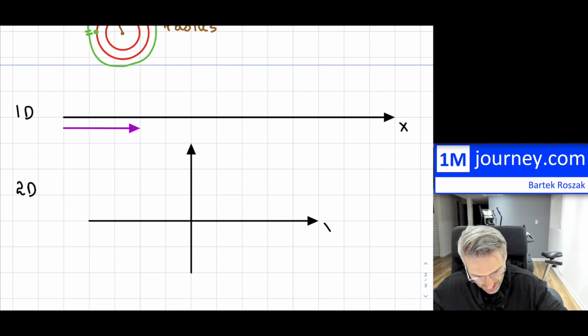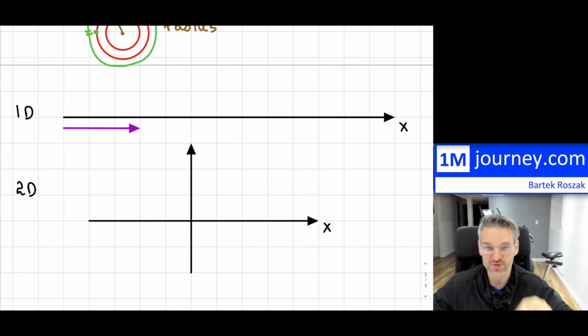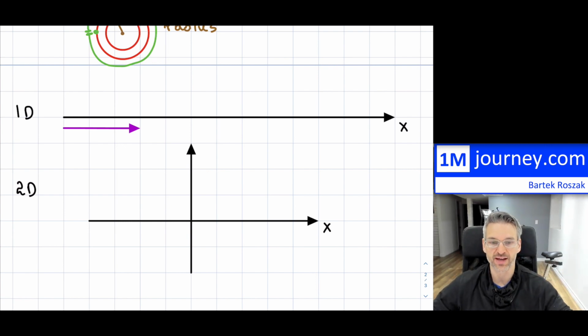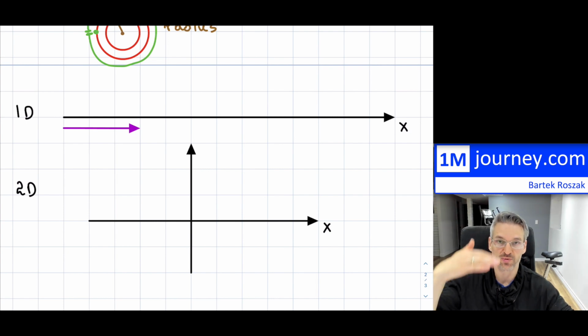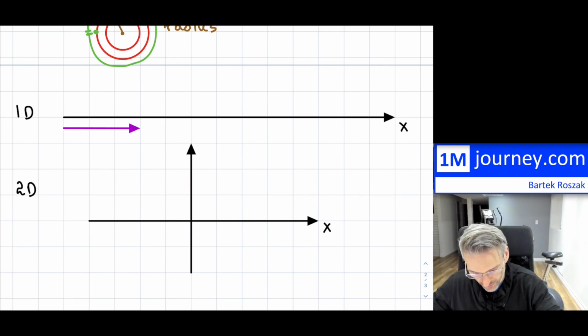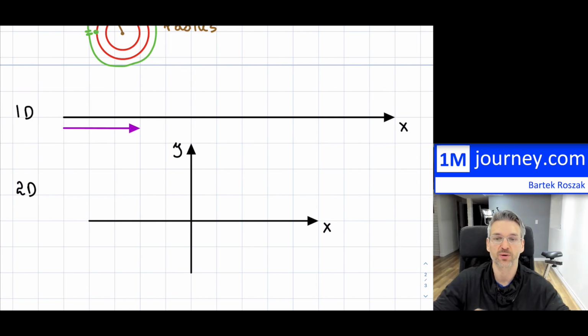So maybe this is your x, which is just one dimension. But as soon as we add another, vertical axis, which very often we just refer to as y, so that we don't have the same letters or variables accompanying this. Within here, of course, you can create your 2 points in 2 dimensions,